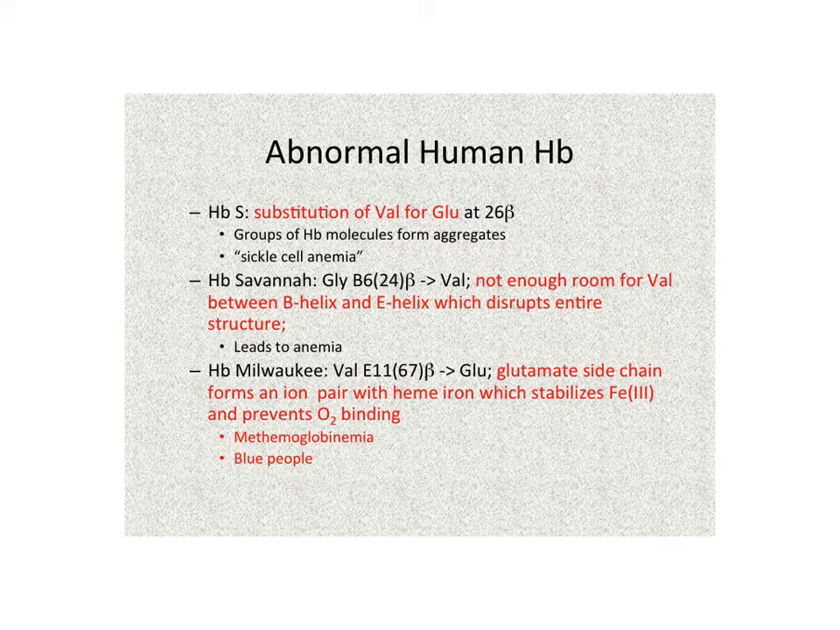So one is HbS, which is the most famous, or well known. That's where we have a single valine for a glutamate, and it tells you the position. It's on the beta subunit at position number 6. And because of this, it's going to yield sickle cell anemia, and forgive my drawing abilities, but it gives